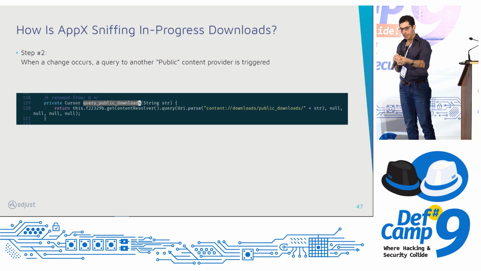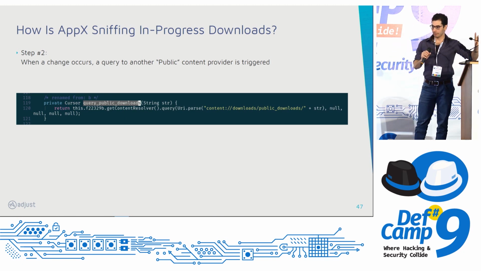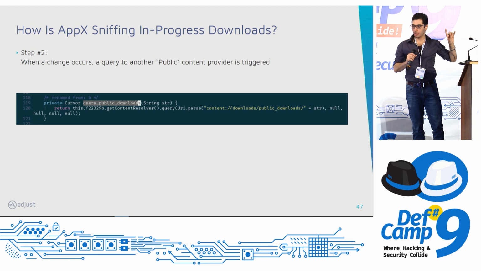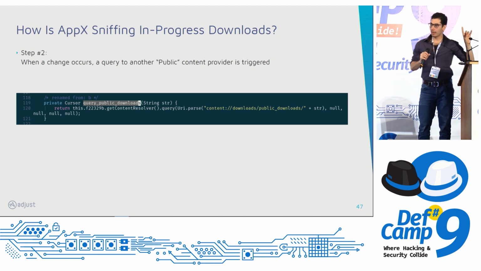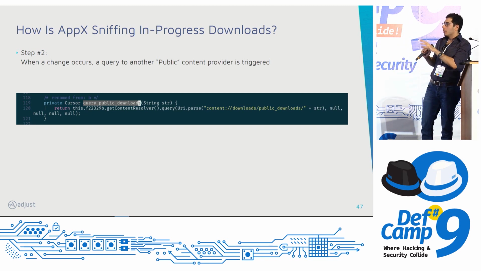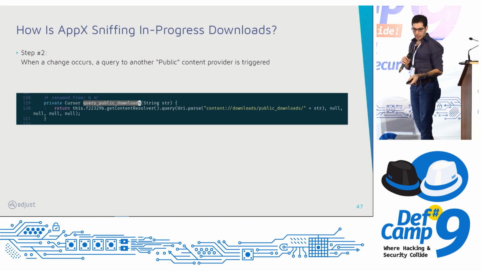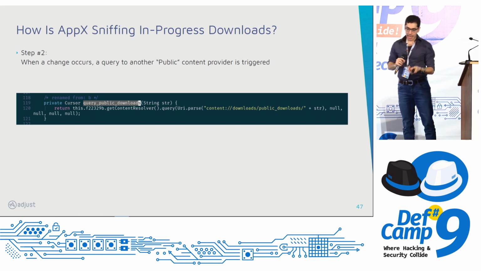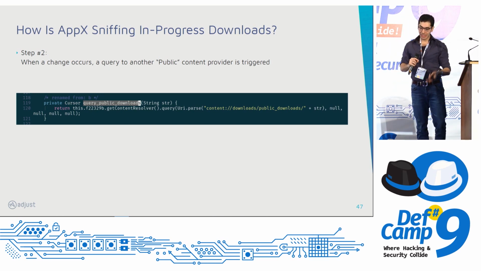And in here, this is the public downloads content provider. This is where the thing gets assembled, and everybody has read access to it. They can know when the download has been done, and they can actually query for the package name and the timestamp of when the download has finalized. And I see that my AppX, through the analysis, has access and has references to two of them. As you can see in here,